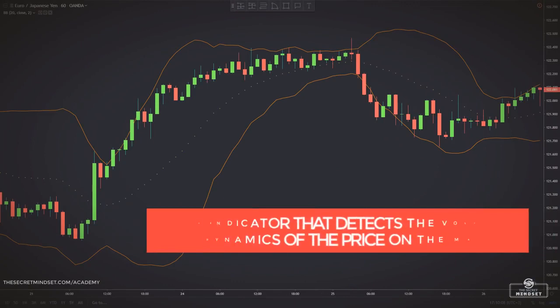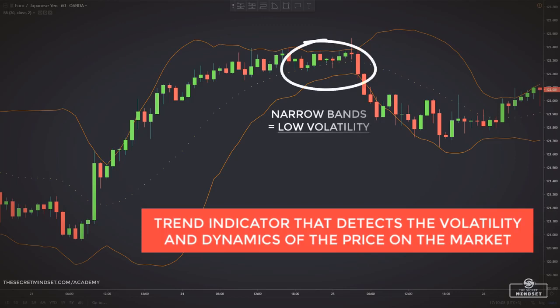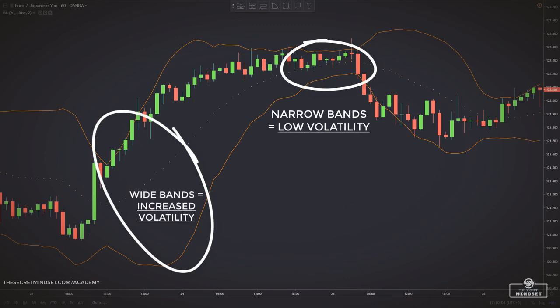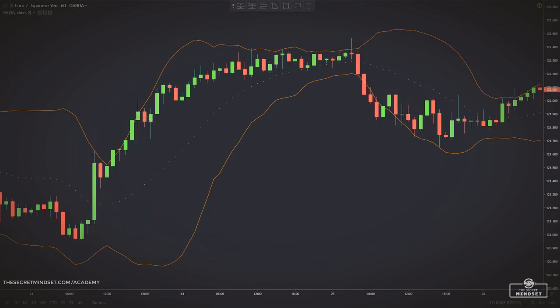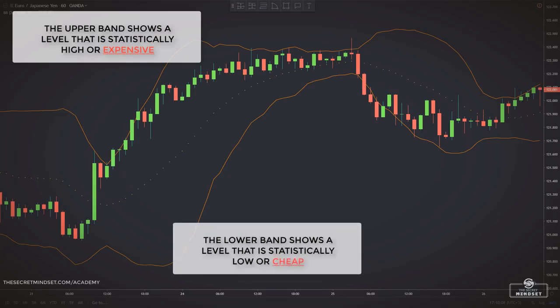Bollinger Bands are a trend indicator that detects the volatility and dynamics of the price on the market. The bands contract when the market volatility is low and expand when the volatility increases. During periods of low volatility, the bands are narrow, while during periods of high volatility, Bollinger Bands expand drastically. The upper band shows a level that is statistically high or expensive. The lower band shows a level that is statistically low or cheap, and the Bollinger Bandwidth correlates to the volatility